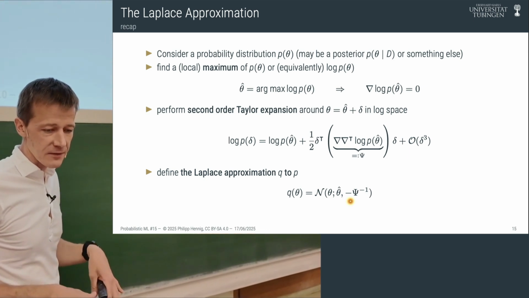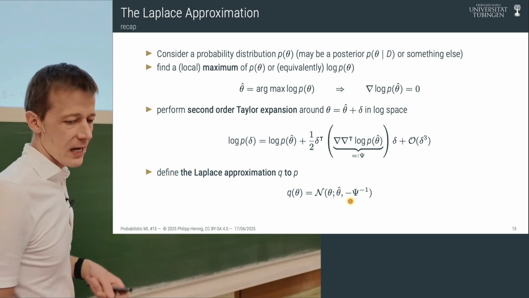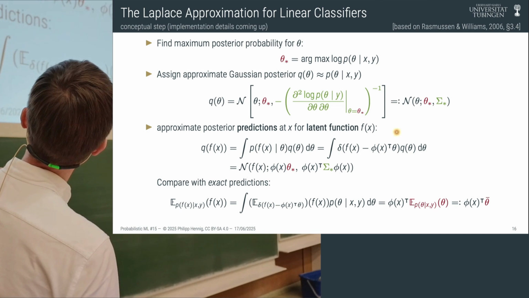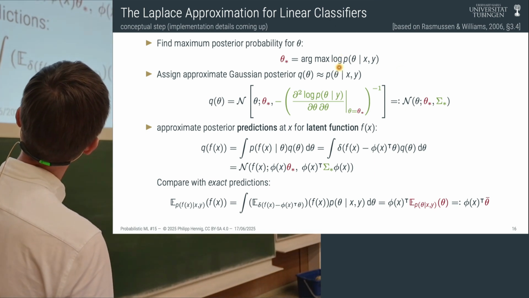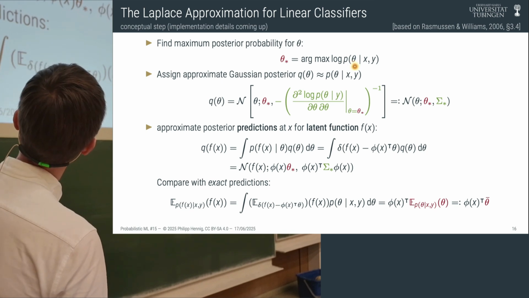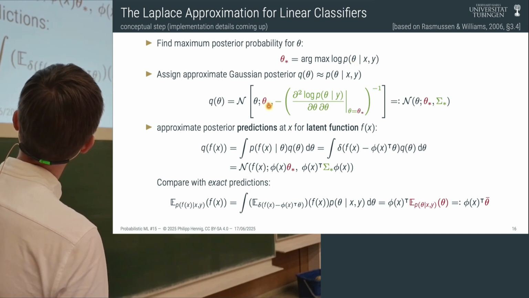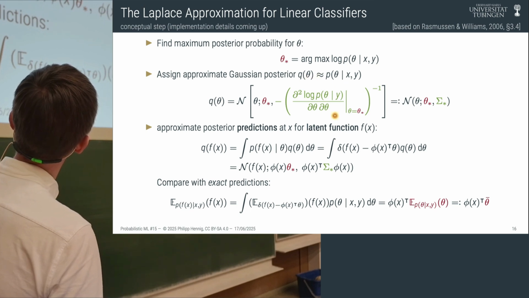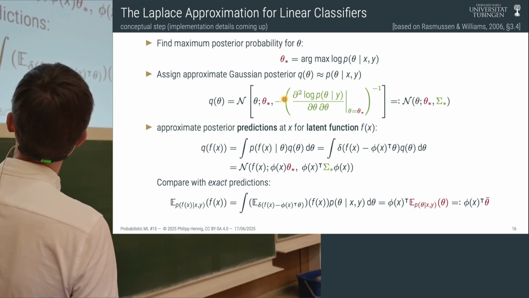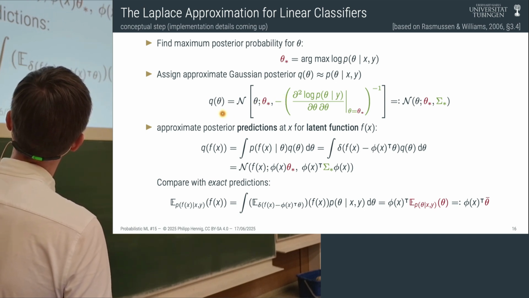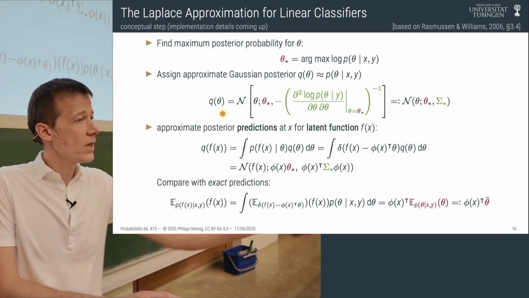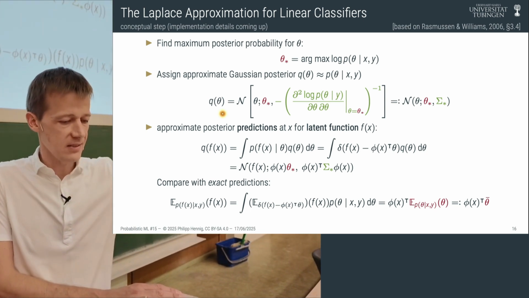So for our linear classifiers, ever so slightly more complicated, we do the same thing. We take our log of p, which is now our linear function in theta. We minimize it to find a theta star. We find its Hessian, invert it, put a minus in front, and that gives us a Gaussian distribution over theta. Now, to make predictions at other points, at a new x test point,